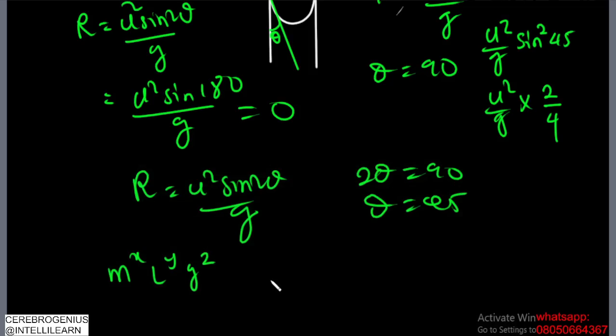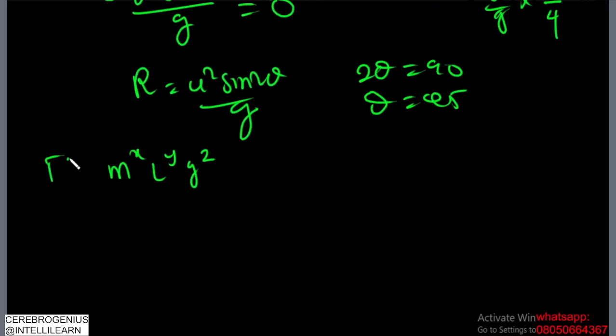So find the values of x, y, and z. T is the period. So what they want you to do is use the formula for period. The formula for period is 2 pi root l over g. So this is going to be 2 pi